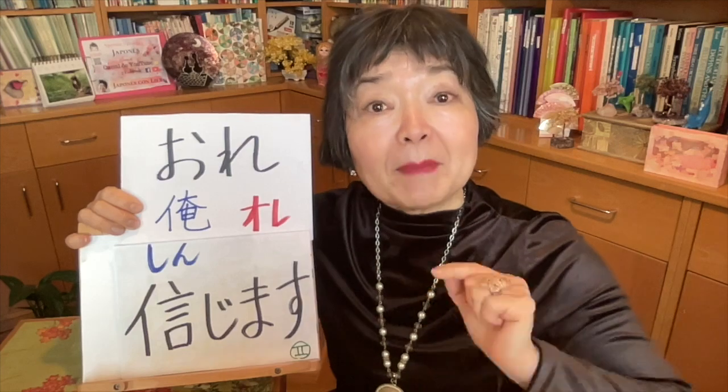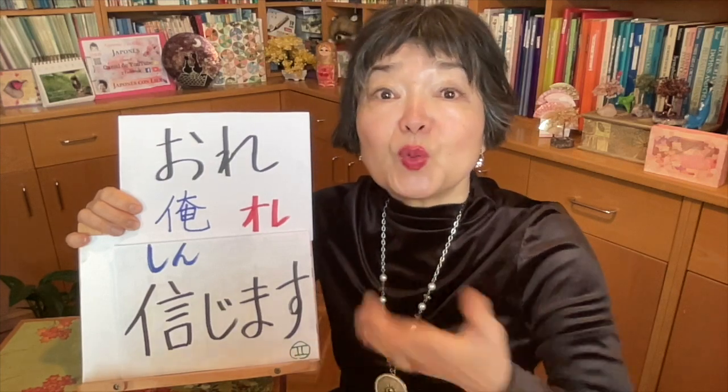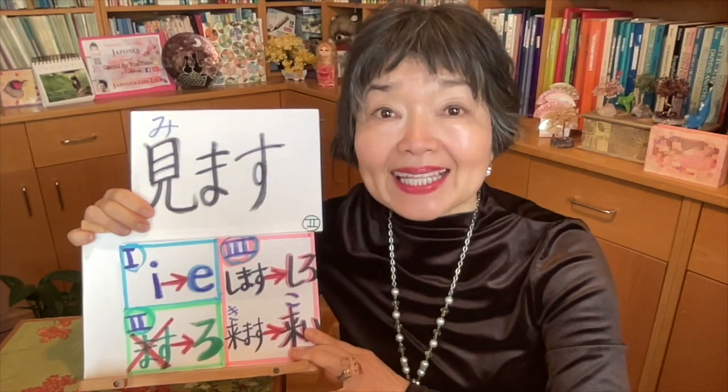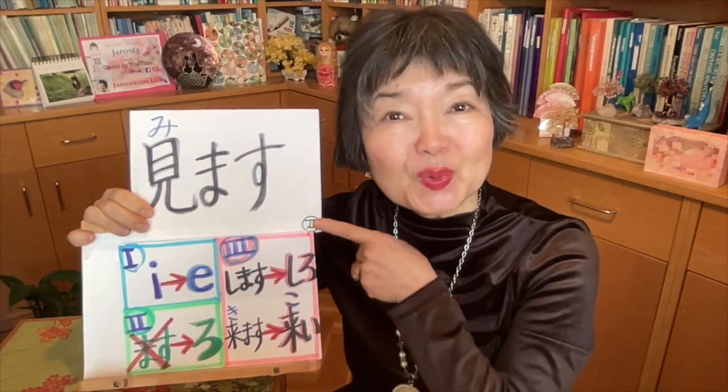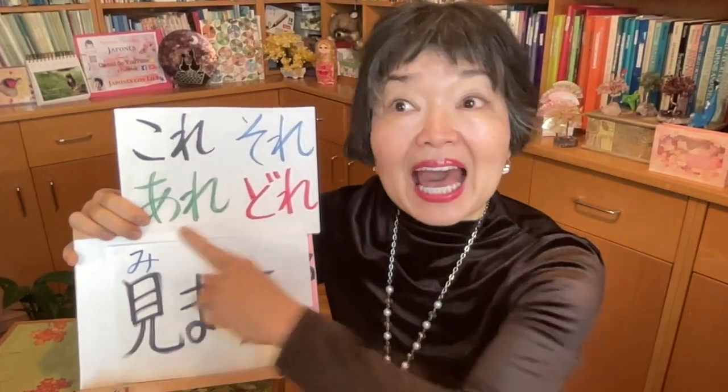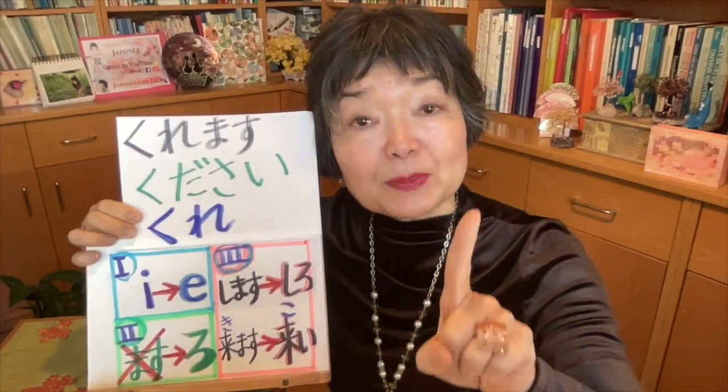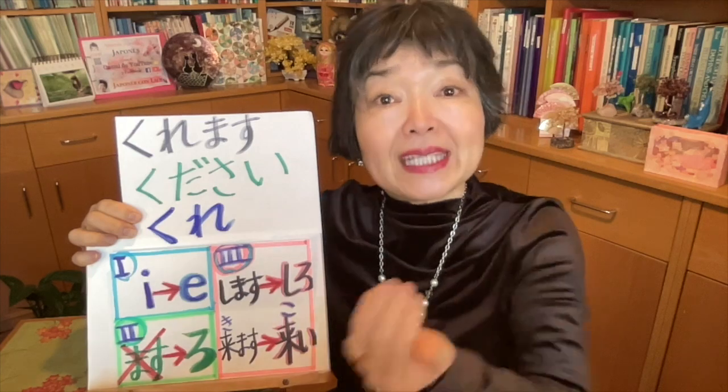信じます。Trust me. Believe me. 俺を信じろ。I use this word 俺 to say myself because 俺 means I or me but usually used by men. And also in this case in the imperative form this is quite rude way. So 俺 is suitable. To see, to look at. 見ます。And this is also group 2. Look at that. あれを見ろよ。